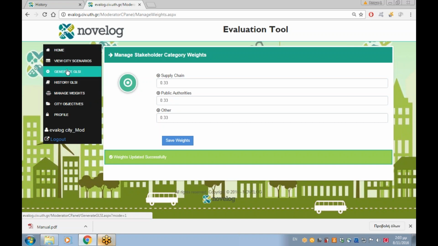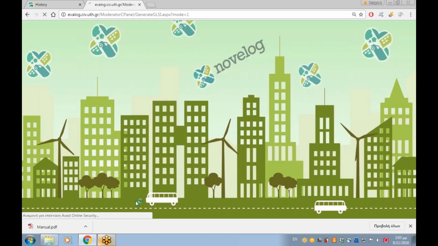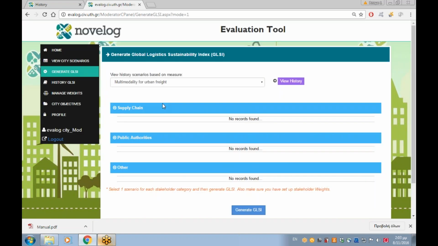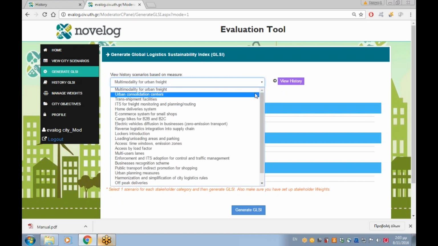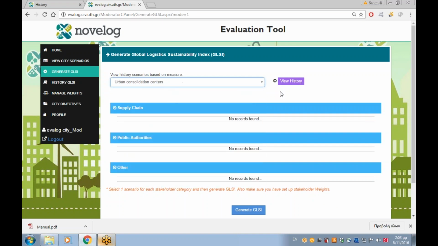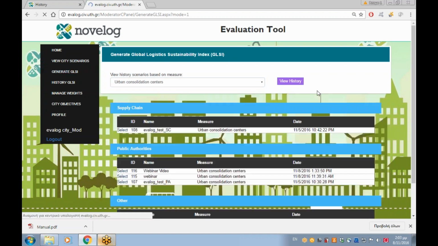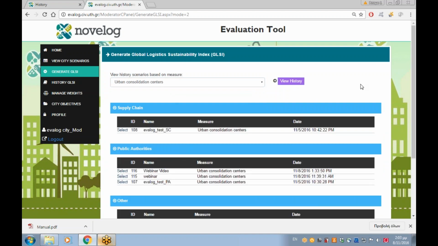Before generating the global LSI, I have to say that this main menu for the moderator, only for the moderator, is quite different. There are some other options that the moderator can perform, but I think it is out of the scope of this demonstration. So now it's time to generate the global LSI. The global LSI takes into consideration all the scenarios that have been run from all stakeholder categories. I just have to click here to open the list of the measures and select the urban consolidation center. Then I click on view history, and the